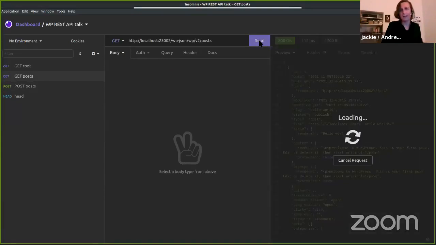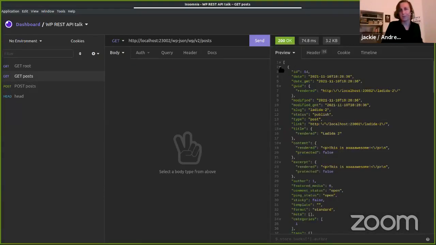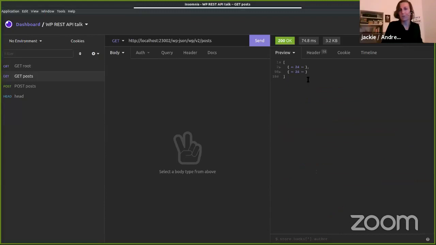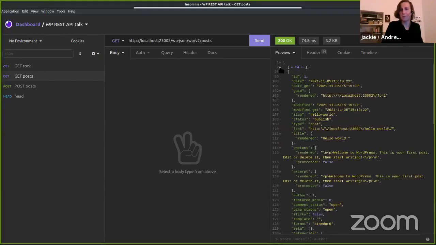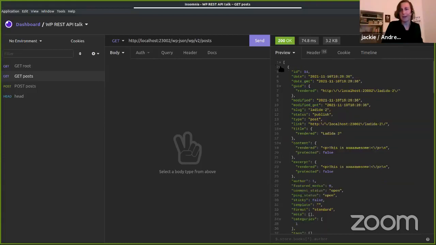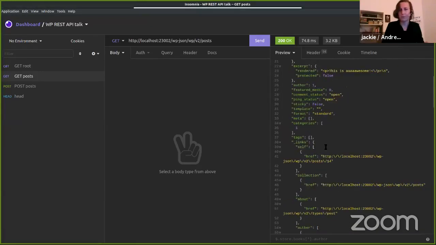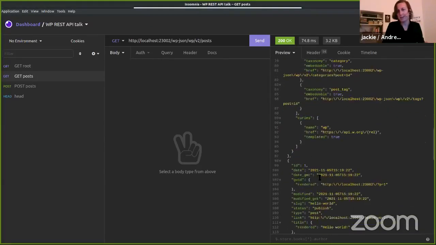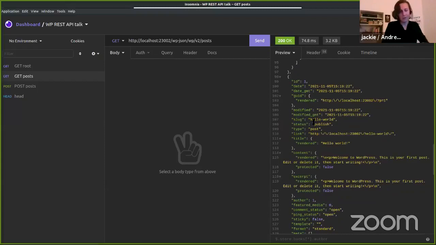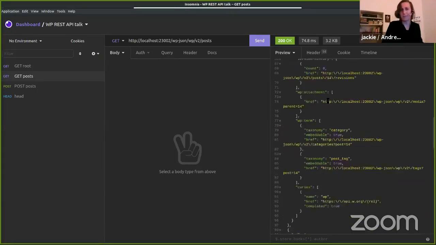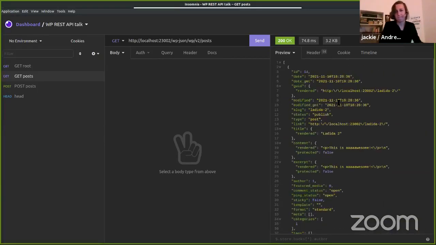When I do the GET again, now I get returned 2 results. Why 2? Because the GET request is not authenticated, and I only get back the published articles. So ladida2, which we just posted and published, and the other is the hello world article. But what about the draft? Well, the draft is also here, and there's a filter for that.